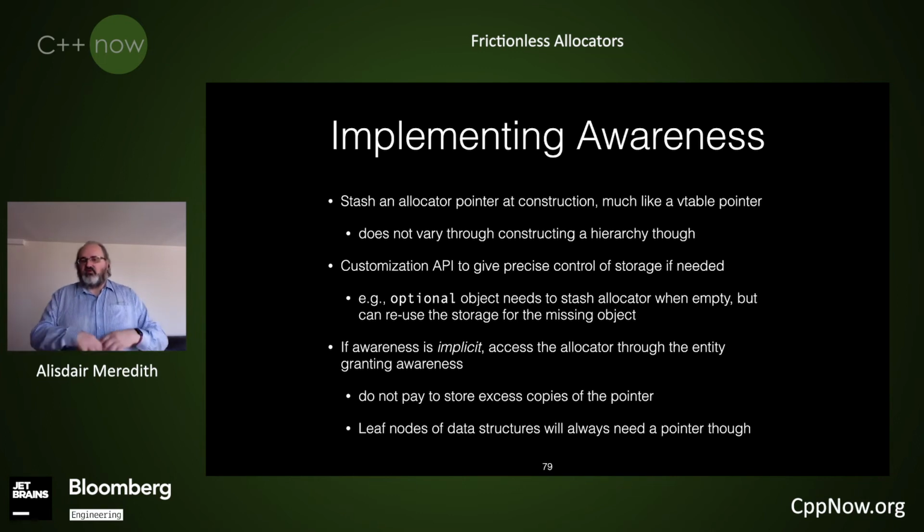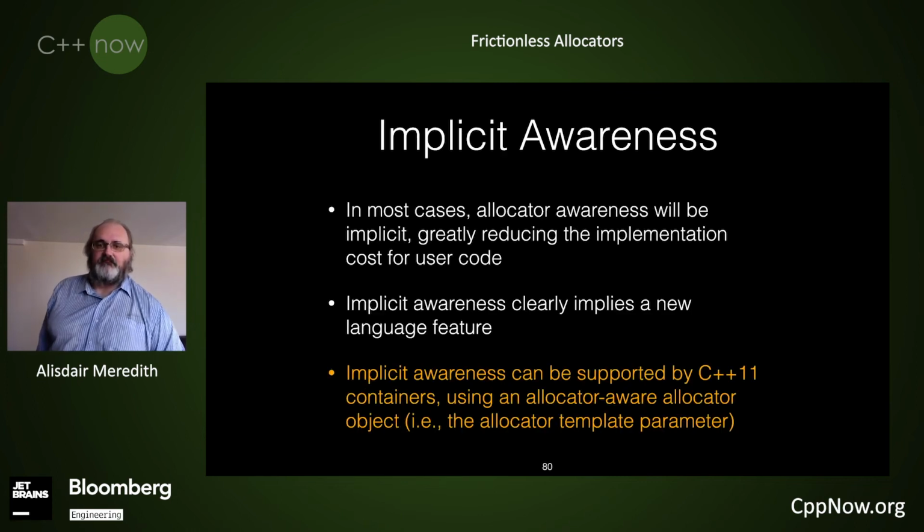And because of the constraint that the whole object class graph has to use the same allocator, it's guaranteed to be the right one. I can pick any of the bases or members. It doesn't matter which one I pick. They will all have the correct results by querying what their allocator is. And that might end up changing all the way down a little bit in theory, but it helps me compress out that little bit of extra storage. So we've gone to the data structures, the ones all the way at the end. They do need to have their own redundant copy. But it allows us to eliminate a bunch of redundant pointers throughout the larger system.